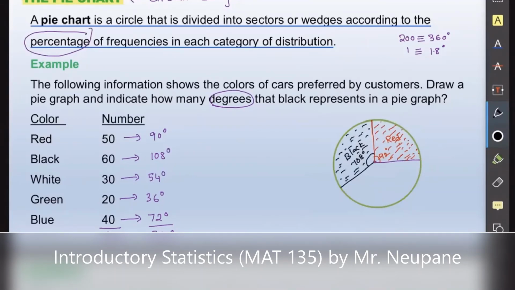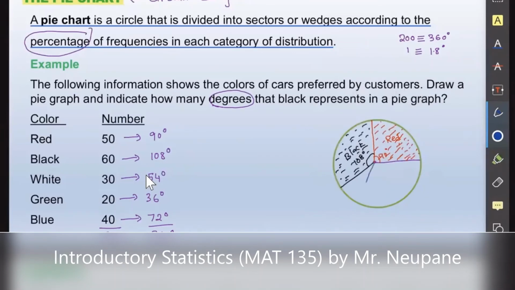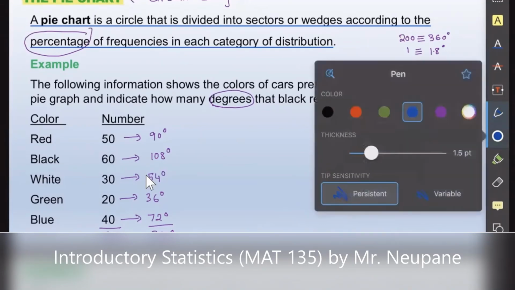Then after that, we have white, which is 54 degrees. So it is even less than 60 degrees. So it should be maybe like that. This is 54 degrees and this is white. I don't have white color to paint. Maybe I have, but